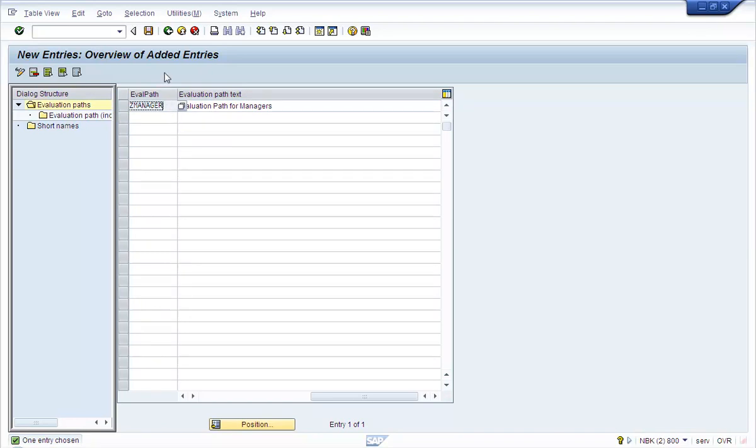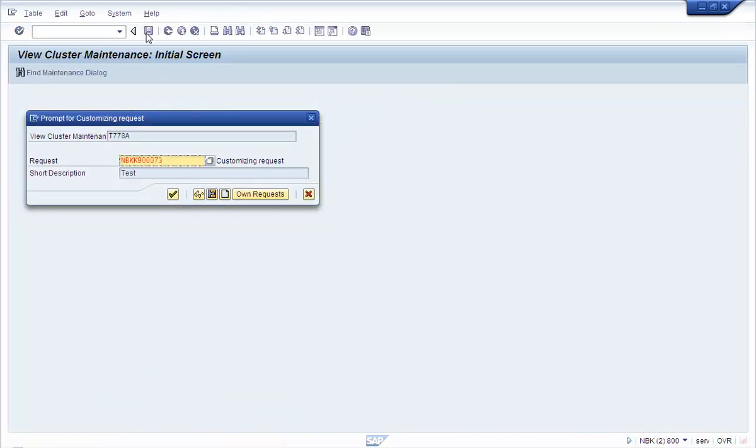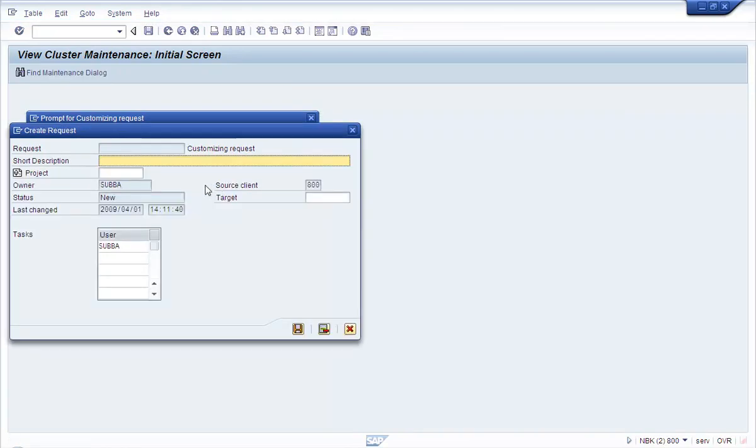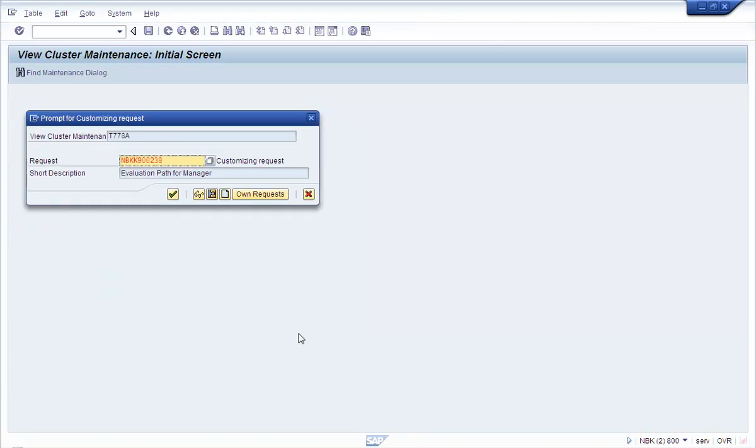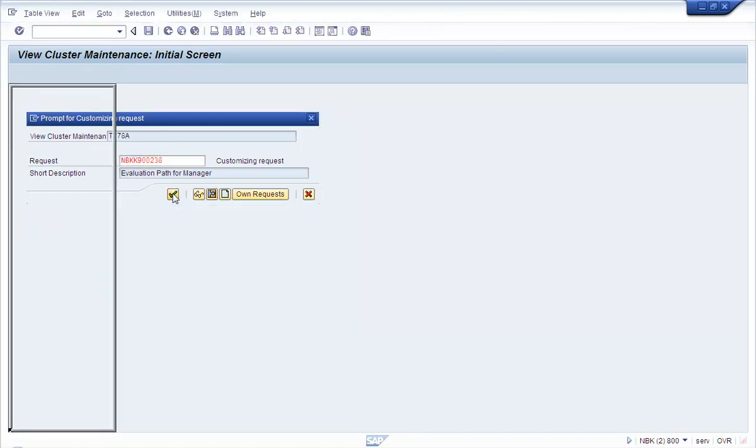And click on save. The system is going to prompt for a change request, so you need to create one. Save it and then continue.